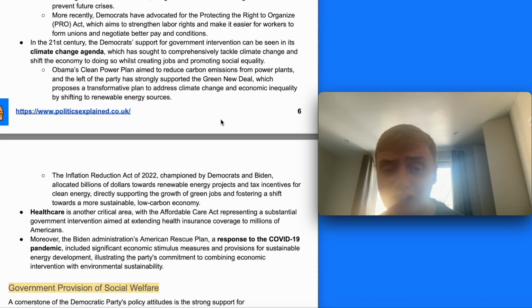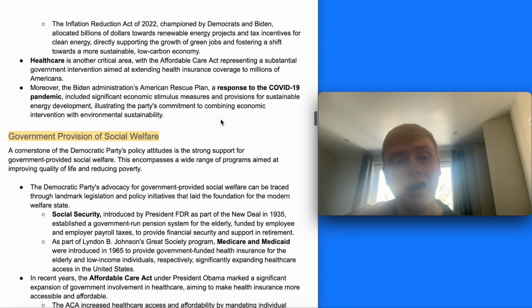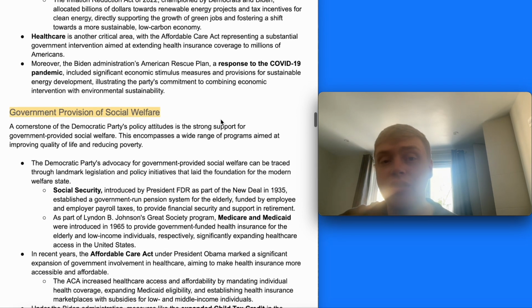Whilst the Inflation Reduction Act of 2022, championed by the Democrats and Biden, allocated billions of dollars towards renewable energy projects and tax incentives for clean energy, directly supporting the growth of green jobs and fostering a shift towards a more sustainable, low-carbon economy. Healthcare is another key area, with the Affordable Care Act representing a substantial government intervention aimed